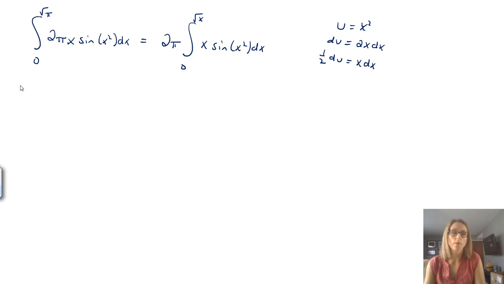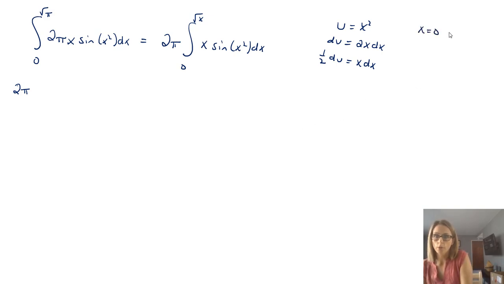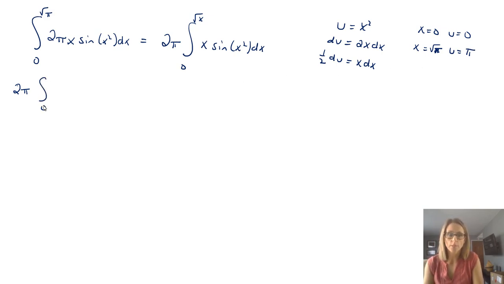So now you're going to have 2 pi, and if you want, you could change your limits of integration. We've done that before. So when x equals 0, u is still going to equal 0. When x equals the square root of pi, u would be x squared, so the square root of pi squared is just pi. So we can change our integral from 0 to pi of now just sine of